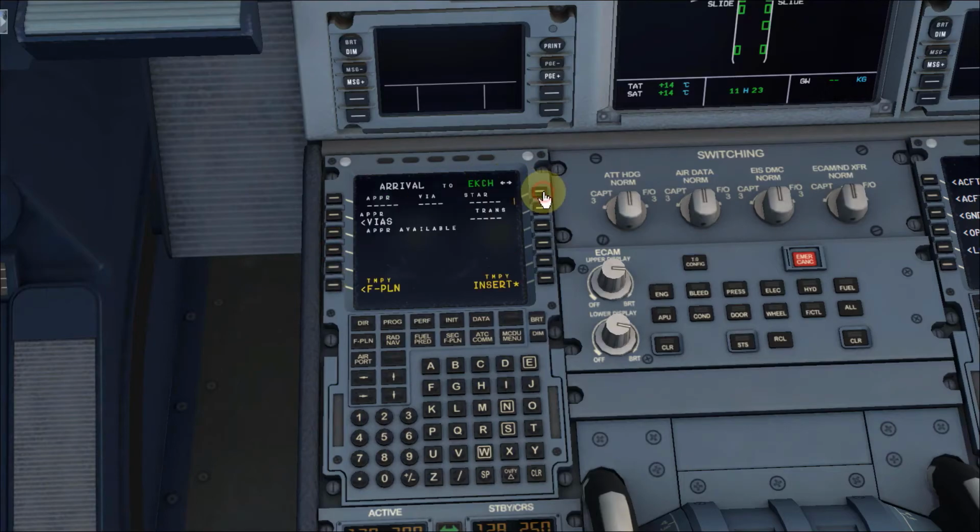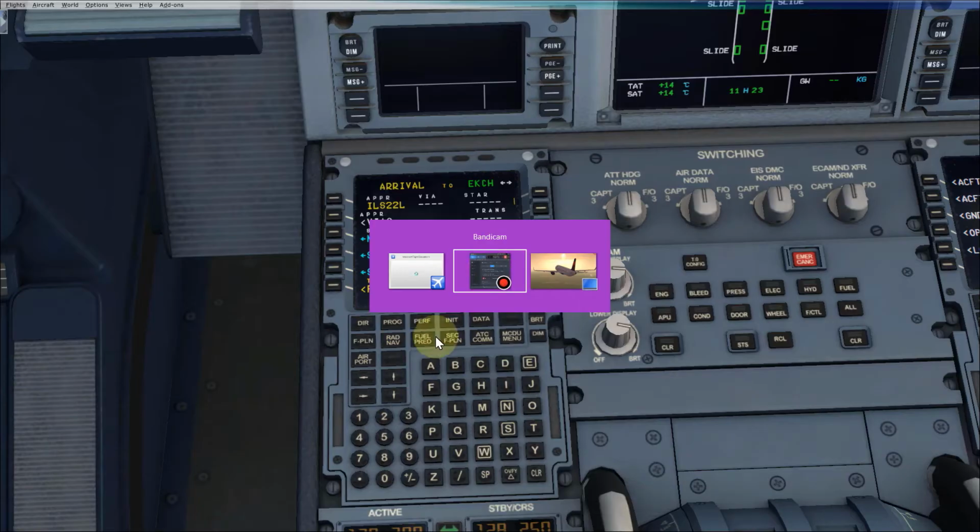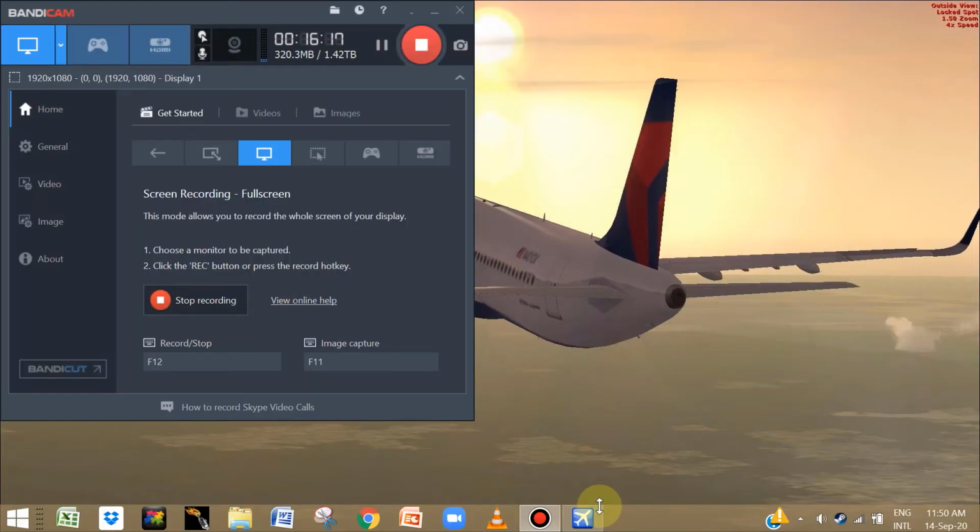We have the arrivals. We had the arrival for ILS 22 left, as I remember, is over here. I'll press the left soft key next to it, and I will go and see. You can see that Mona 1N. So if you're going to see the flight plan once again, I'm going to show you in the